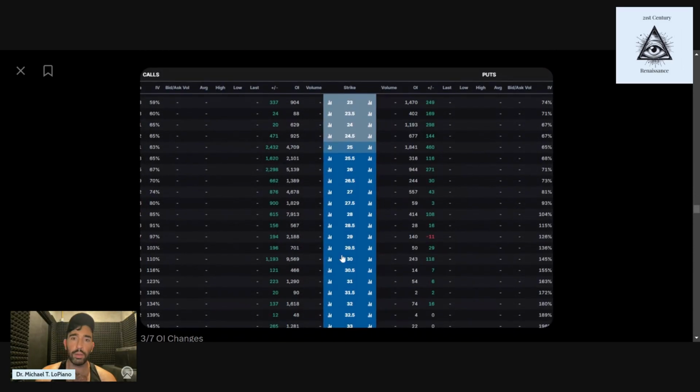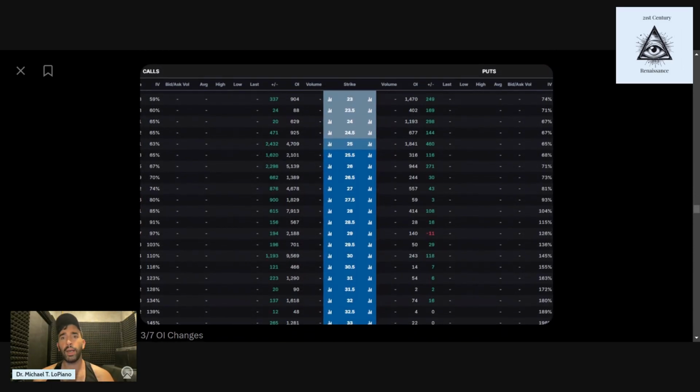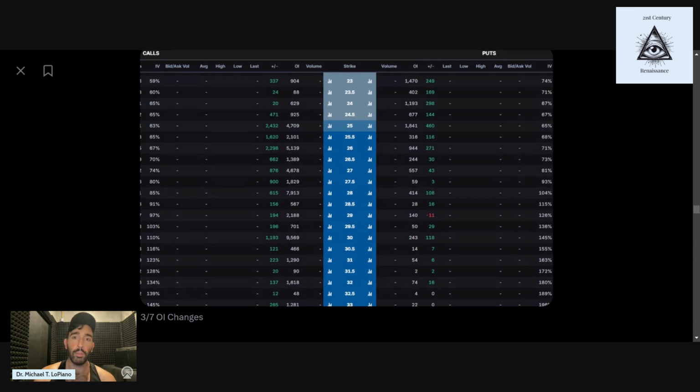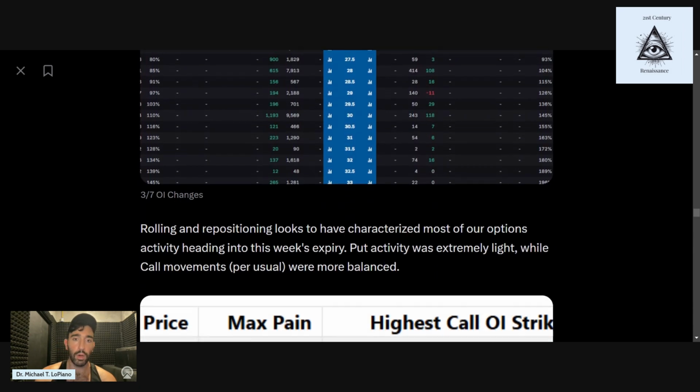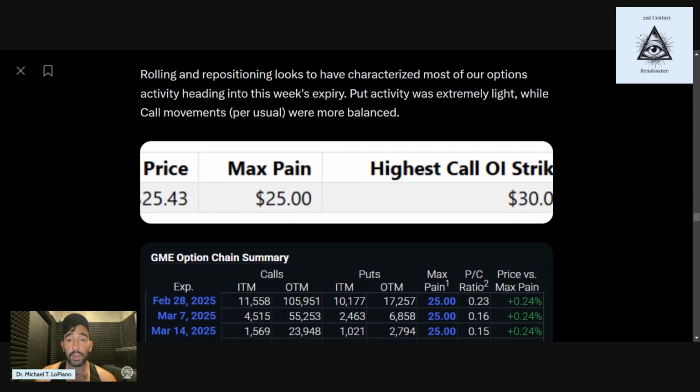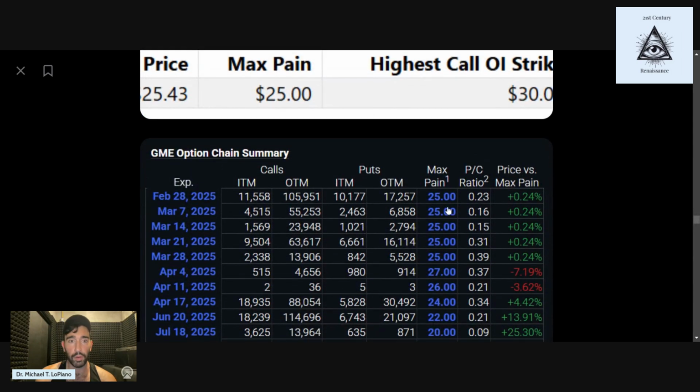And one thing that signals that to me is, if we're looking at options activity heading into this week, and we look at how traders have positioned themselves on the call side and on the put side, traders did not carry a lot of their put OI over into this week. Accordingly, we don't have that same concentration of put gamma that we've seen in previous weeks. So traders are moving their calls over, they're not moving their puts over. Max Pain still sitting at 25, and basically it's still there for most of March. But I don't know if that's necessarily going to stay. It might.